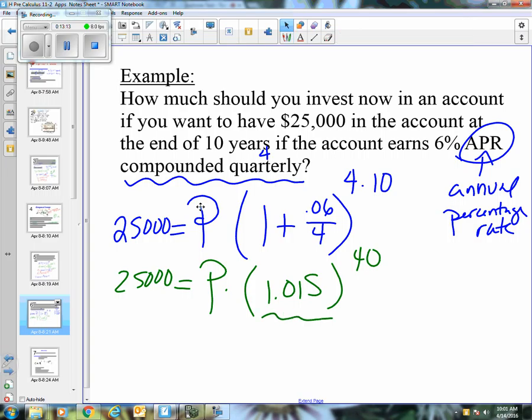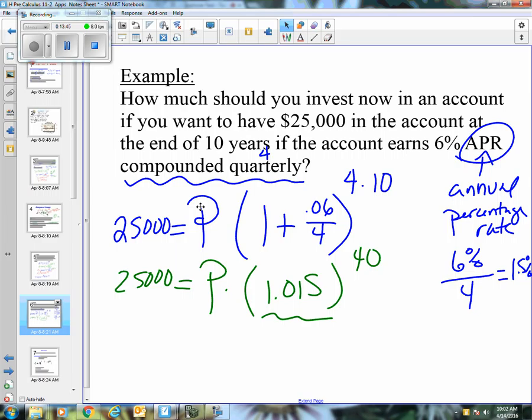What does that mean in terms of growth? What percent growth would 1.015 be? Well, that would be 1.5% growth. So that means that 6% is divided up equally over the 4 times per year that they're going to give it to us, which means we would get 1.5% interest each time they compound. So when you look at the base, that's what that's telling you. They're multiplying by 1.015. 1 is the amount of money you had already, plus the 0.015 that they're giving you,